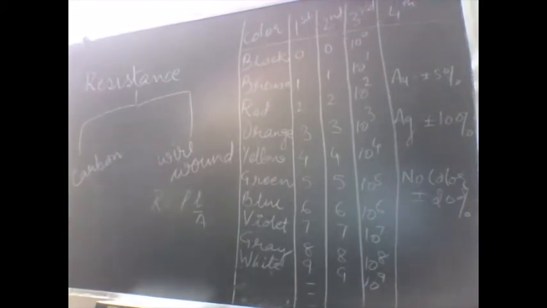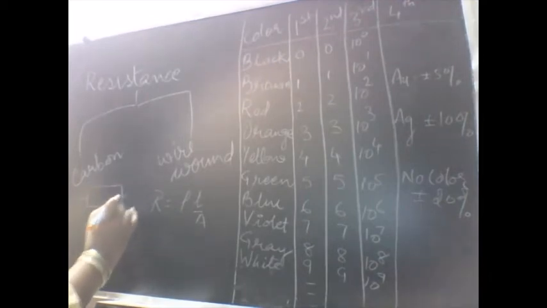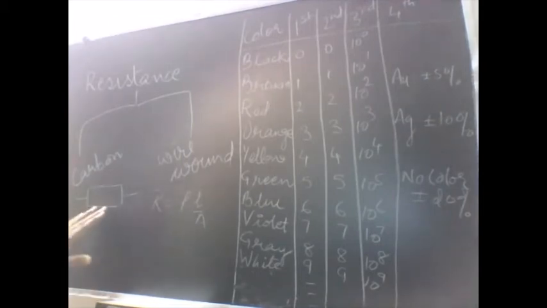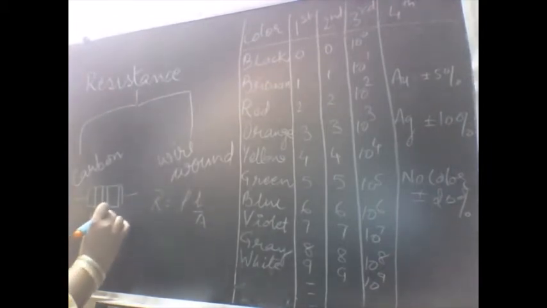Now when we are talking about carbon resistors, as they are made up of carbon and are very compact in size, and assuming that this is a carbon resistor shown over there, and almost all the carbon resistors are identical, there must be something available on the carbon resistor so that a layman can come to know that this is the value of the resistance that has been given to me. For that, what is the procedure? Carbon resistors are provided with colored rings. So there is a first ring here, a second ring, a third ring, and a fourth ring over there.